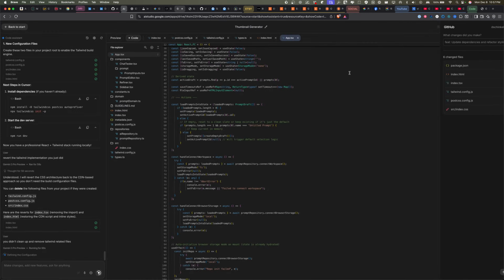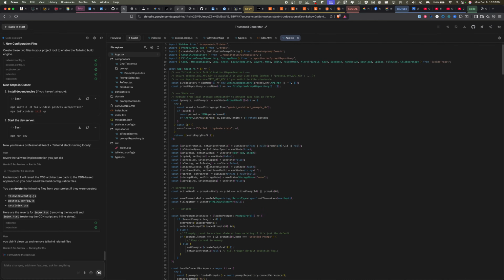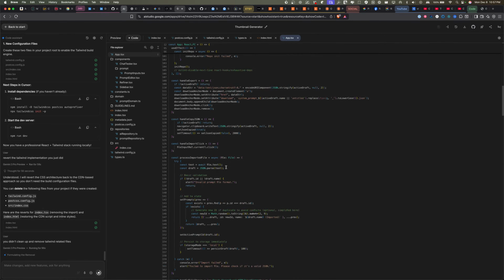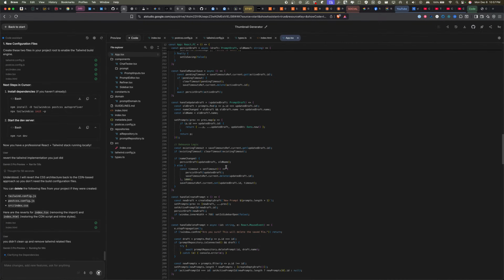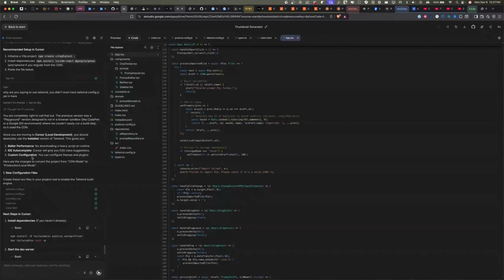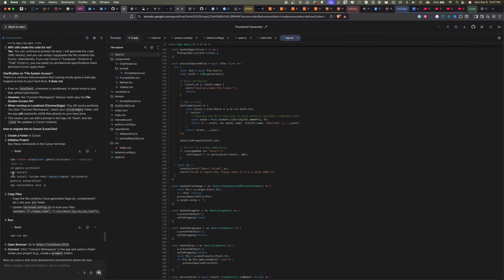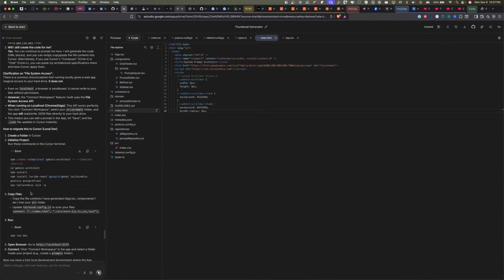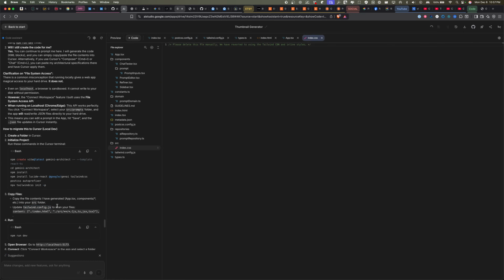There's a lot of problems with this workflow, man. It's not cleaning up after itself. It gave me instructions on how to run it if you want to run it in an IDE, and it's like, hey, you need to install Tailwind, but we didn't even use Tailwind. There wasn't even a config file yet, and it's telling me I had to use it. I'm like, what are you talking about? So it's telling me stuff that doesn't even exist. Just weird stuff like that.